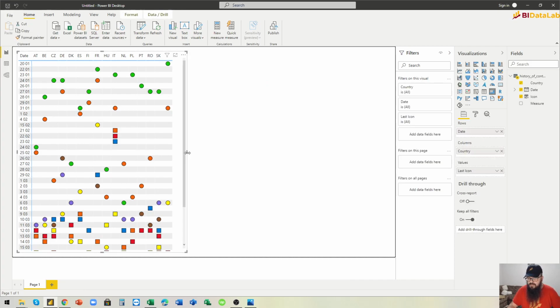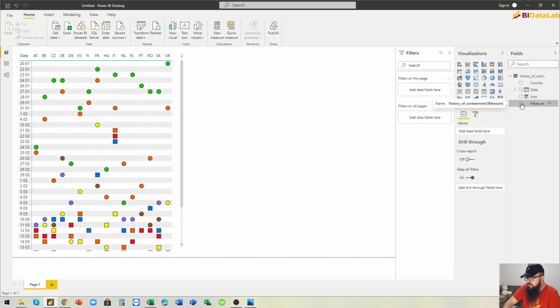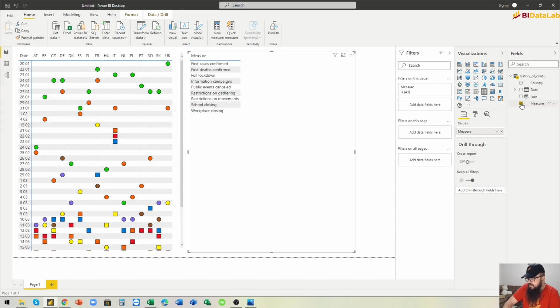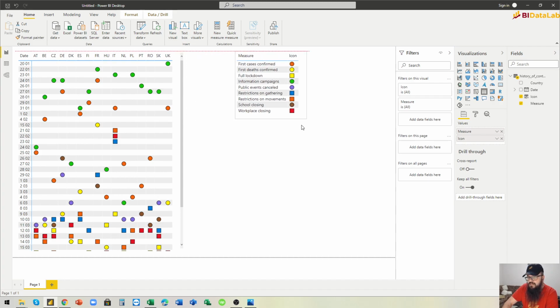So the table is okay, the matrix is okay. Now we will create the legend. How do we do that? Very simply. We add the measure. We just click it, it will automatically create the table visual, and then we also click the icon. So now we have this nice little table which can serve us as the slicer or as the legend